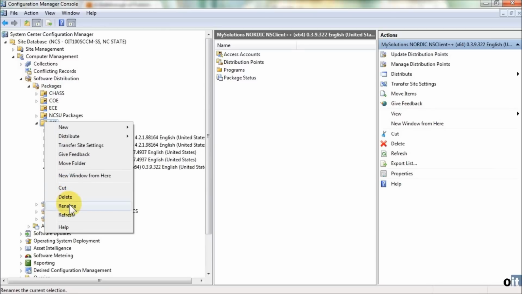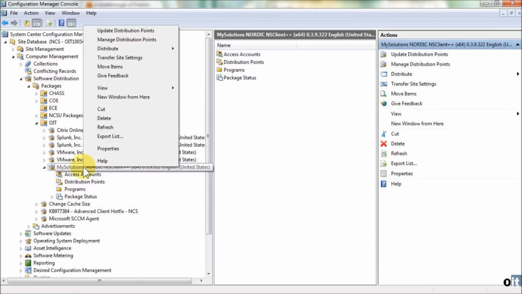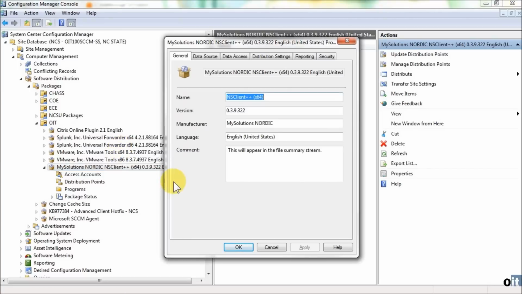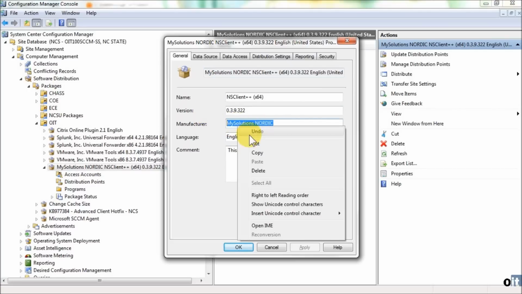A package does not have rename available in the context menu, and under properties it's actually computing this name, which is read-only, from the data that is placed here in the vendor field. So what I'm going to do is take the My Solutions Nordic, and put that in the name